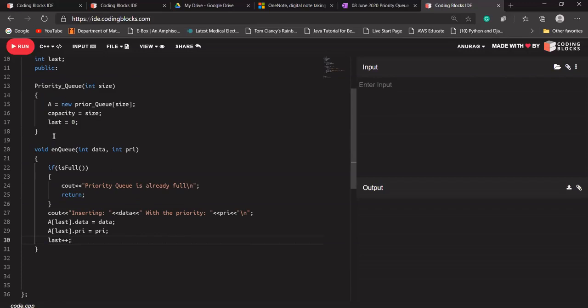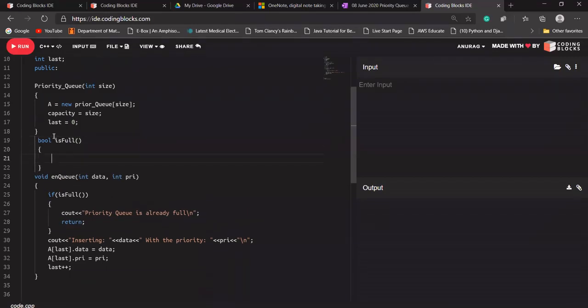Okay, let's design our is full function as well here. Bool is full. How are we going to check our is full function? Let's say if size equals capacity.